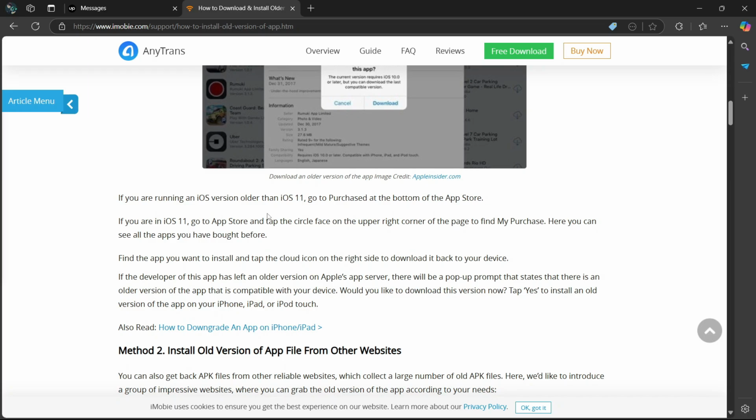If you're running an iOS version older than iOS 11, go to Purchased at the bottom of the App Store. If you're using iOS 11, go to the App Store and tap the circle face on the upper right corner of the page to find My Purchase. Here you can see all the apps you have bought before. Find the app you want to install and tap the cloud icon on the right side to download it back